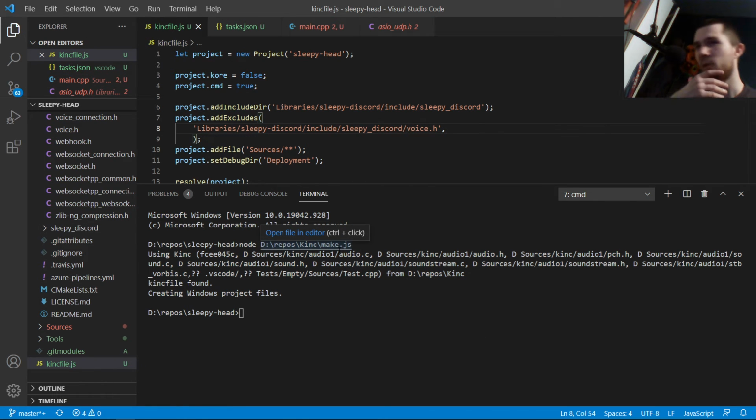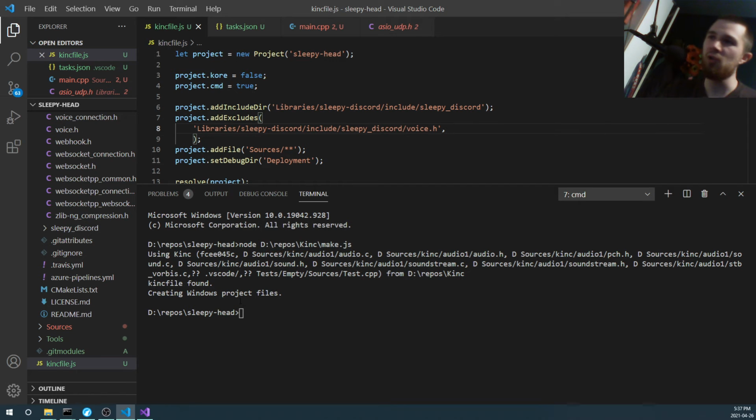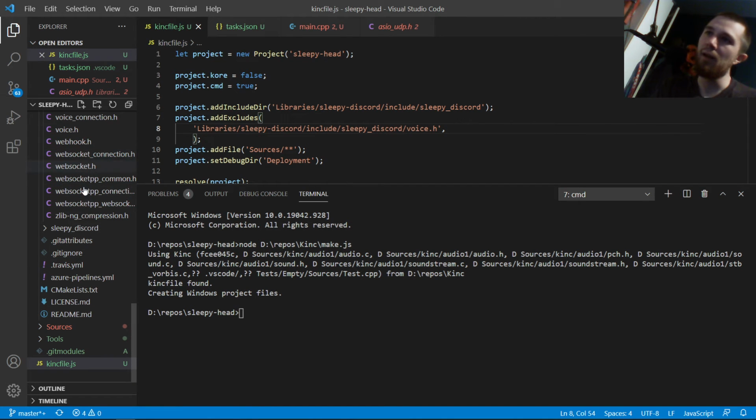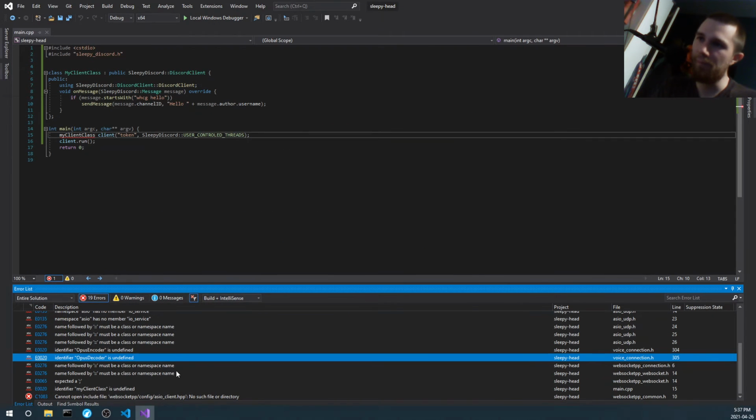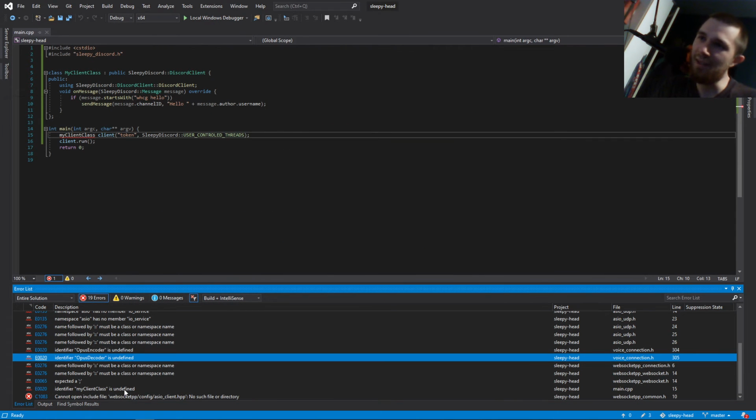I mean, at this point, you're probably thinking, oh, this is getting convoluted. It isn't convoluted or difficult because of KinkMake. It's difficult because of the other project, which has a couple of dependencies. They are included, but you need to make sure that you have, for example, a couple of external libraries. They are system libraries, but